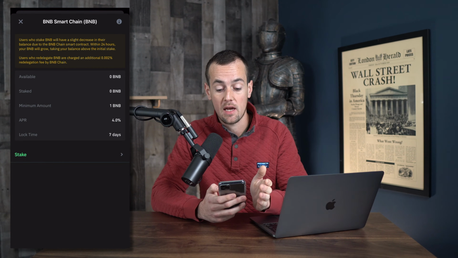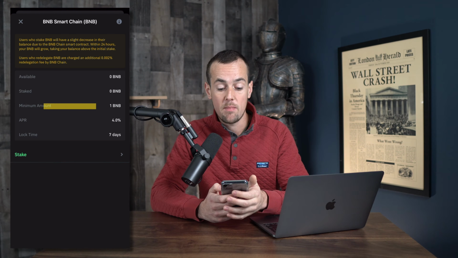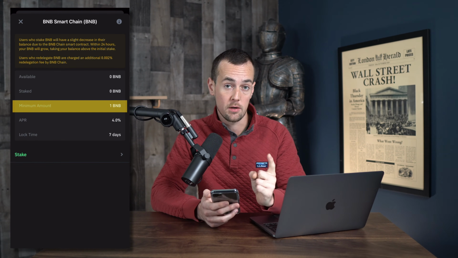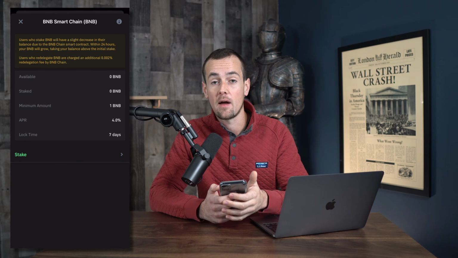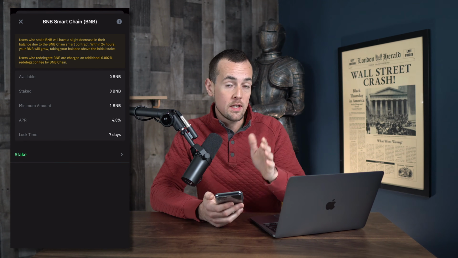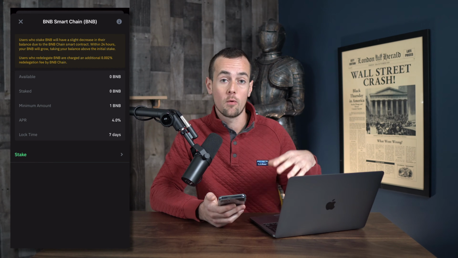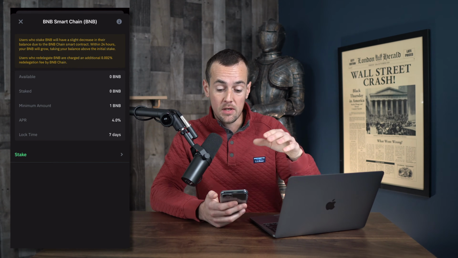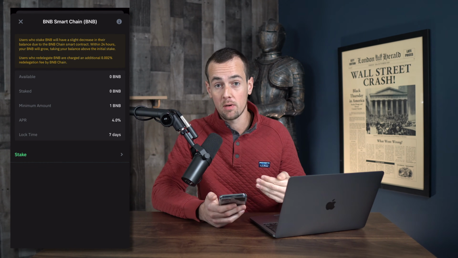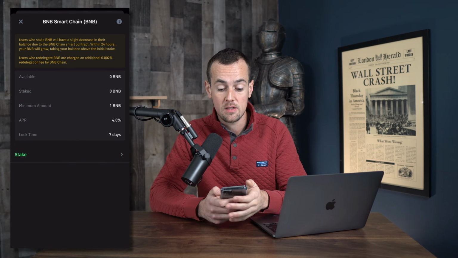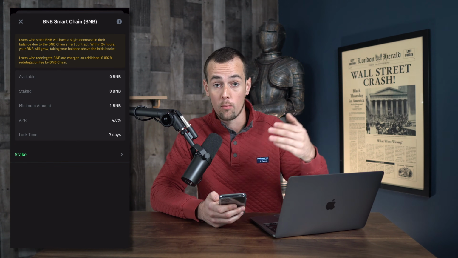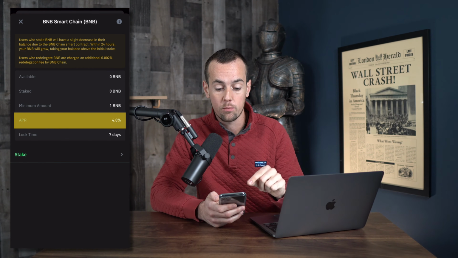Now, one downside to staking with BNB is the minimum amount here is one entire coin. That's going to cost you about $500 or $600 depending on the market price right now. So we didn't even have enough in our account remotely earlier on. Some of these aren't going to require as much, but some of these will have sort of a hefty barrier to entry. But in this case, if you did stake your one or more BNB, you would earn that 4%